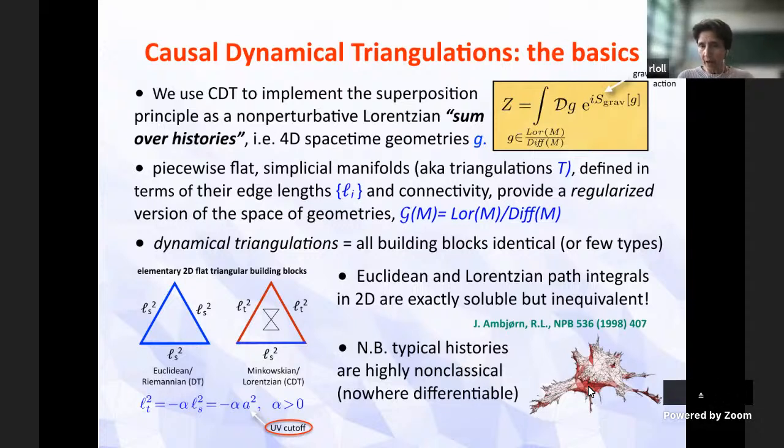And here, just to highlight one thing, already looking at the typical histories, which provide the configuration space over which I'm integrating the path integral, they're very, very wild and very, very non-classical. So you should think of them as the analogs of the nowhere differentiable paths one finds when one does a path integral for a non-relativistic particle, a free particle, or in some potential. Then one finds that typical paths in the continuum limit of the corresponding path integral are also nowhere differentiable. Of course, that does not stand at all in the way of being able to derive, say, classical limits from them, in the sense of Ehrenfest, using